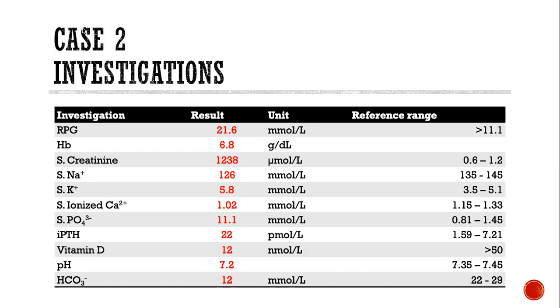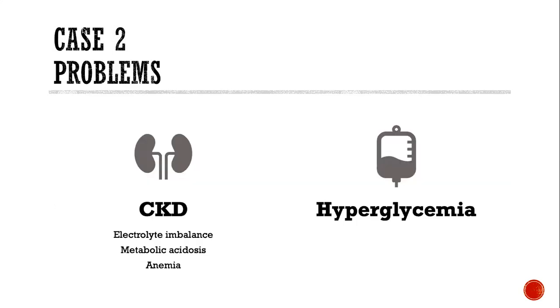The phosphate level was very high, 11.1 millimoles per liter, and the PTH level was also very high, 22 picomoles per liter, and vitamin D level was low, 12 nanomoles per liter. And she had acidosis with a pH of 7.2 and bicarbonate level of 12 millimoles per liter. So her main problems were chronic kidney disease with hyperglycemia, and chronic kidney disease complicated with electrolyte imbalance, metabolic acidosis,